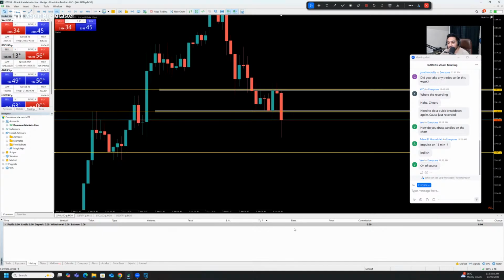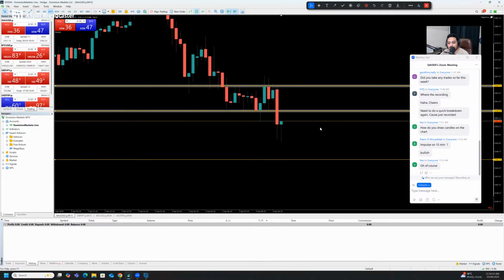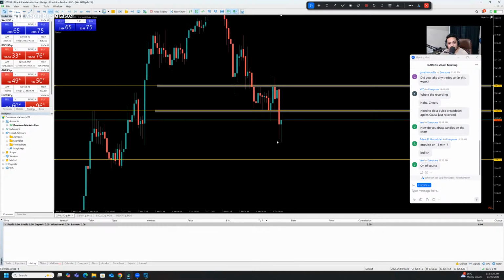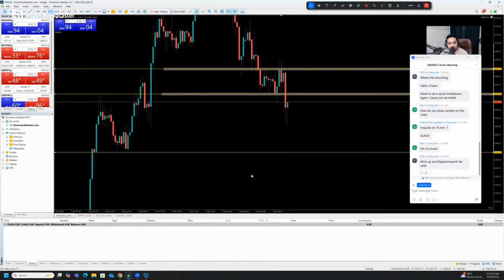Okay, so there's just like 6 minutes left for the candle to close. Let's see what this 6 minute candle will bring to the table. Just need to wait here. I already missed this one because there was no confirmation for us. So we never force ourselves for the execution. This could be the perfect place for the execution.